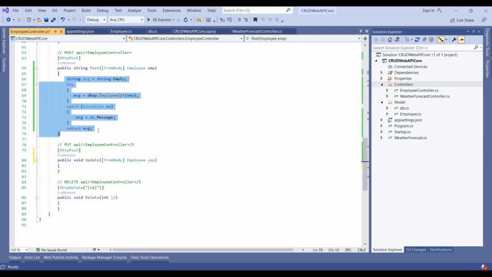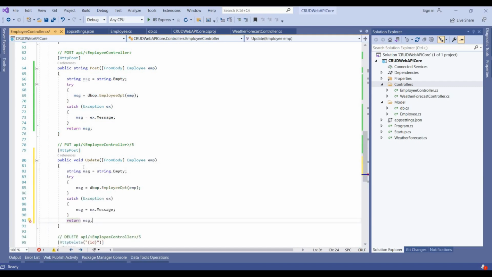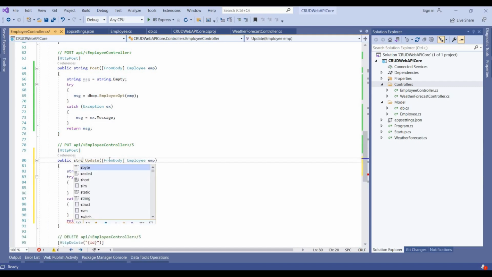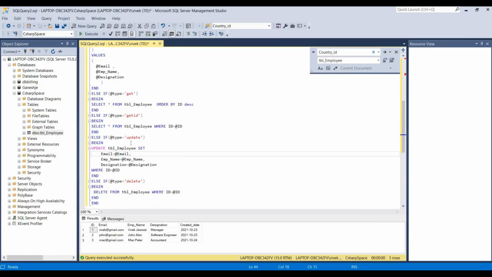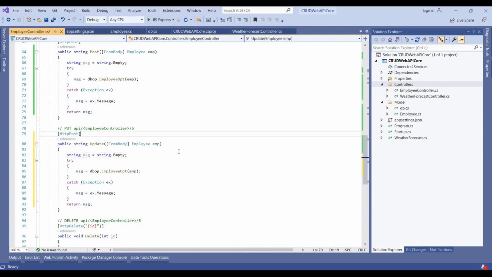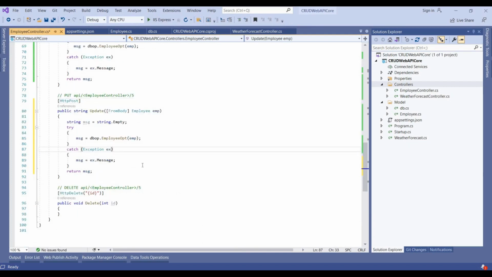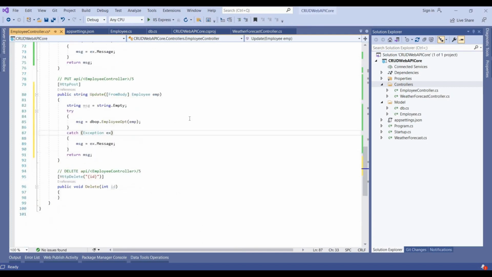So I'm writing this same method here. Its return type is string, and here we pass a type as update like this,